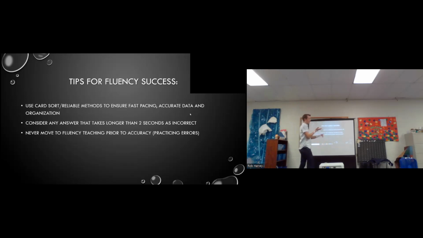So you're talking to Gina, you're talking to Rob, you're talking to Ashley, you're talking to Julie, so you're making that decision with other people, because otherwise we end up with sloppy responding, and it is detrimental. And we never move to fluency until we've got them accurate. Okay, so that is the one step of the process that is pretty linear. So you want it accurate before you move to the other phases.